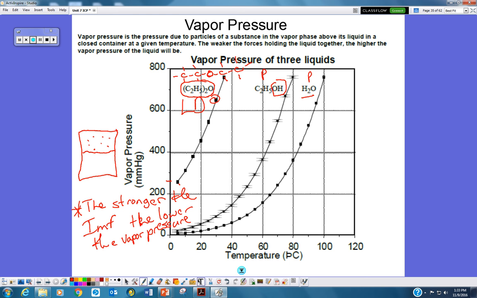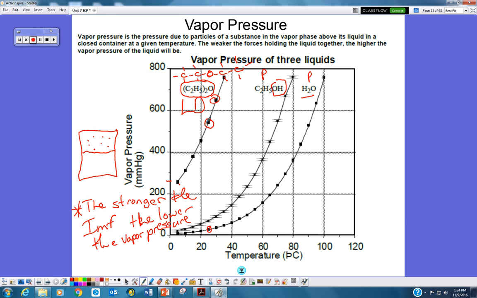All right, so the way I want you to think about this, in order for this water to turn to a gas at 24 degrees Celsius, about right here, we would have to drop the pressure almost all the way down to 0. But for this substance to turn to a gas at 24 degrees Celsius,